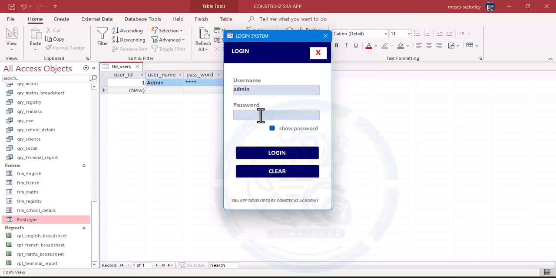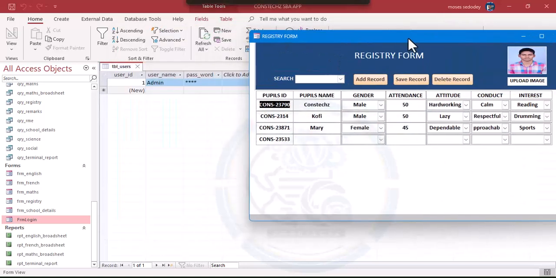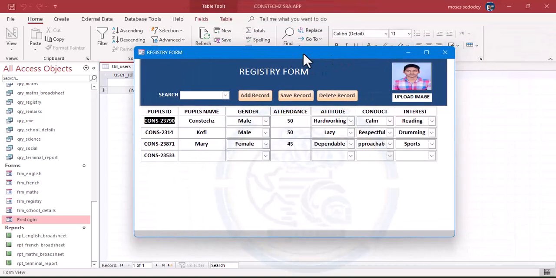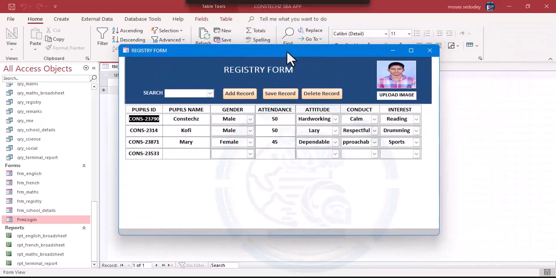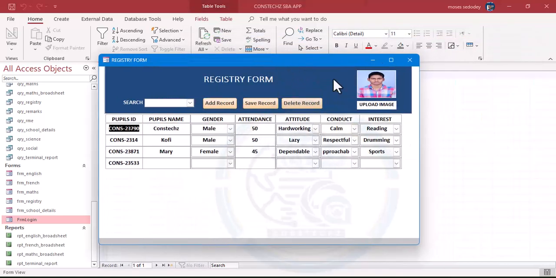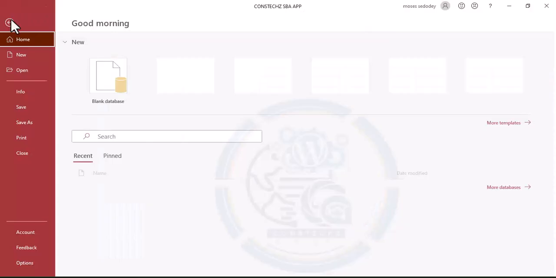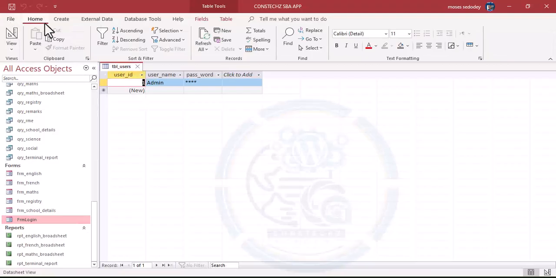So let me enter the correct password and see. It will bypass that. So that's good. So everything is working very well. So save your work. In our next lesson,